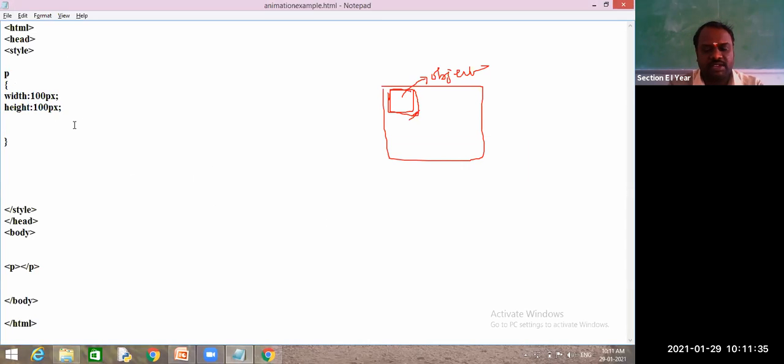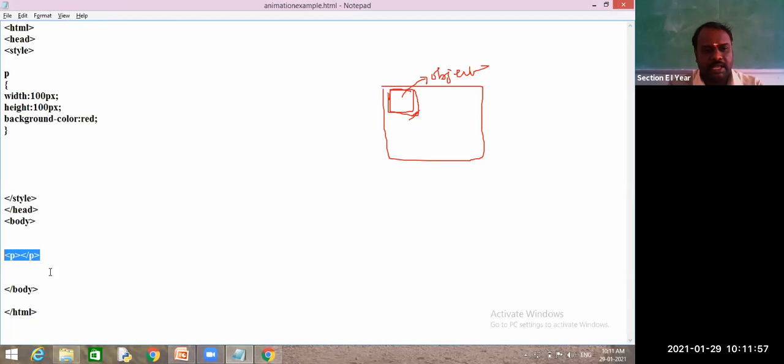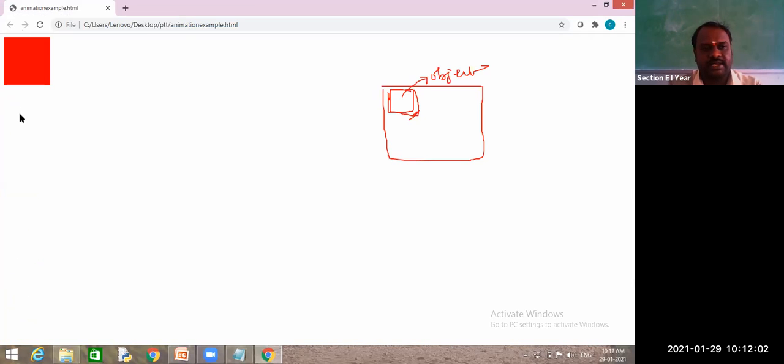So to get a color for this element, I will change its background color as red. Okay, now you can see this element at this position. Yes, now you can see or not? Yes, sir. This position has been allotted for this element. Right. What do I do? My first job, I want to change its color. Was it completed in the previous class? Changing the color of an element.